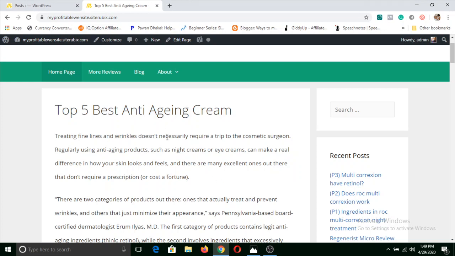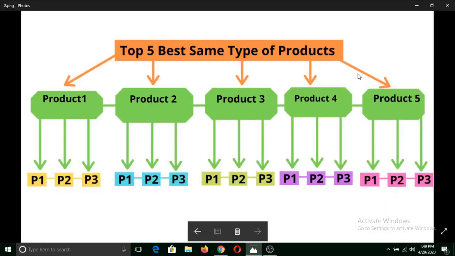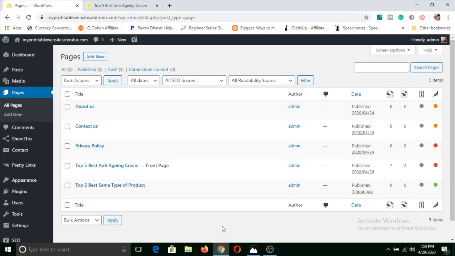So instead, what you can do is simply create a page for this other one. Now we are going to make another cycle of top 5 products, and in a similar way you can keep on creating various pages and make this kind of loop, and you'll make a good amount of cash, and you'll also get a good amount of traffic from search engines for free. So what you can do is click on add new page and add another page that you can write a review of.